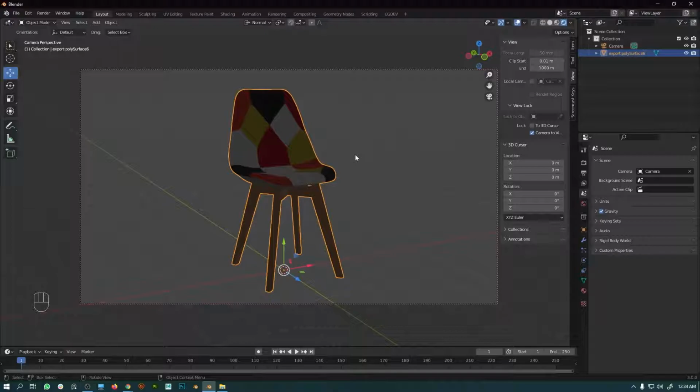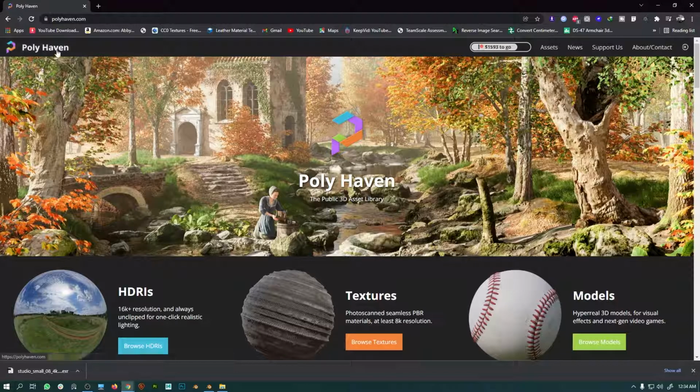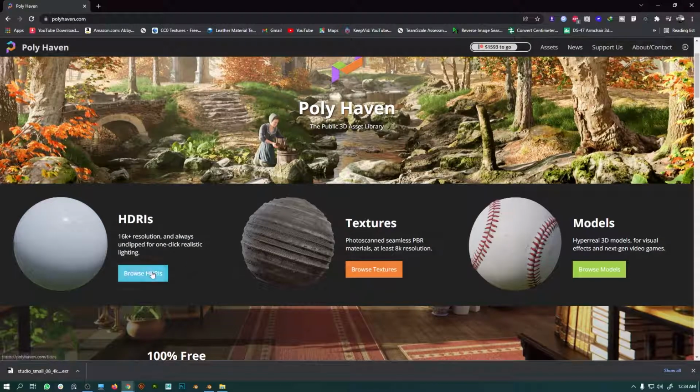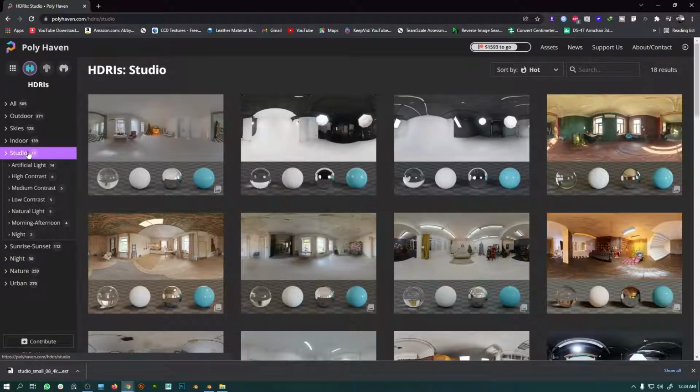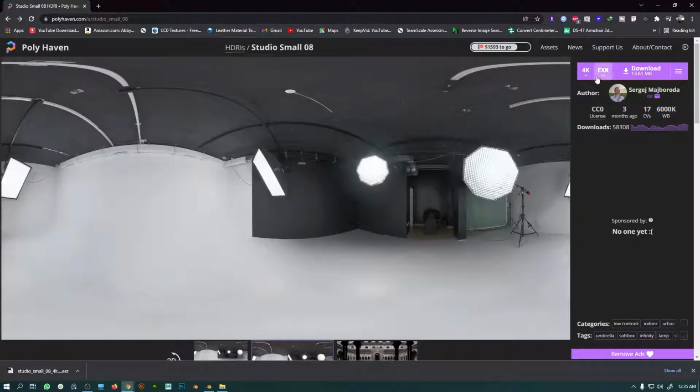I will take this moment to tell you guys that I use HDRI lighting from Poly Haven, and in here you are going to go to HDRIs, and then go to studios, and the one HDRI which I usually use is Studio 8. So you can click on Studio 8. You can change the resolution from here and press on download, and that will download right here.